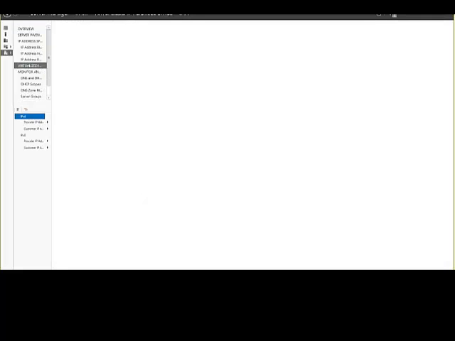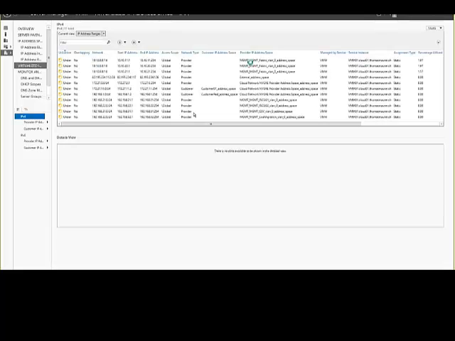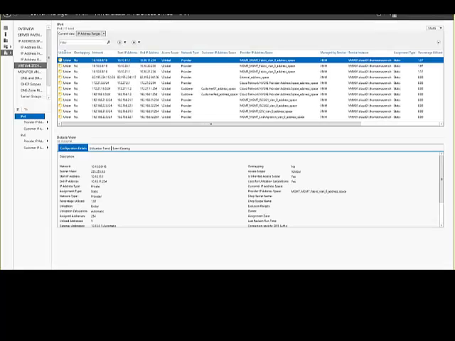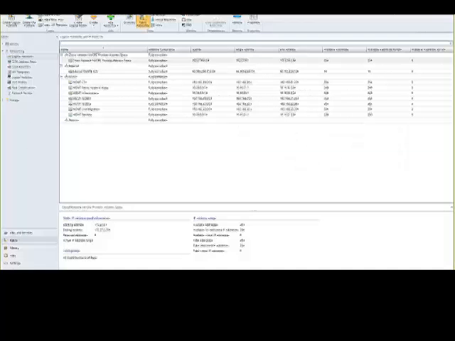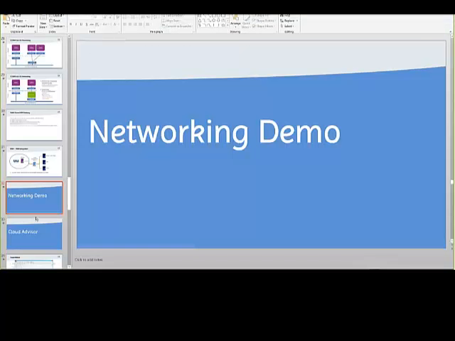And if I click here, it takes a moment. We will see all those networks I have created inside Virtual Machine Manager. And I can see how many VMs are using those IP addresses from that network. I would also get alerts if the subnet doesn't have enough IP addresses and things like that. Get all the information here right now directly from the VMM server. So let's switch back to the demo.